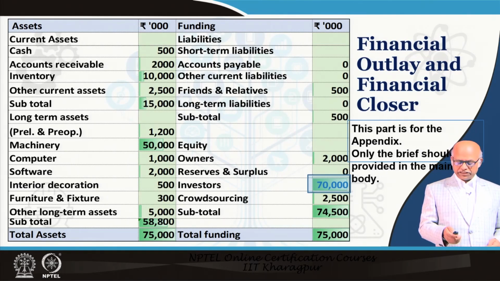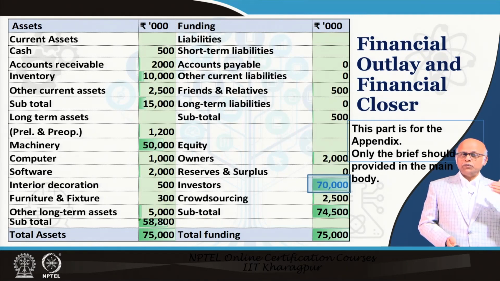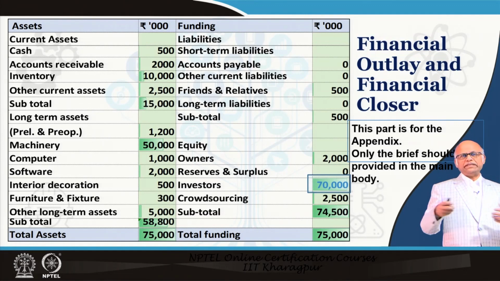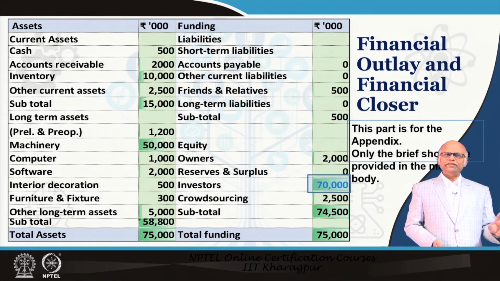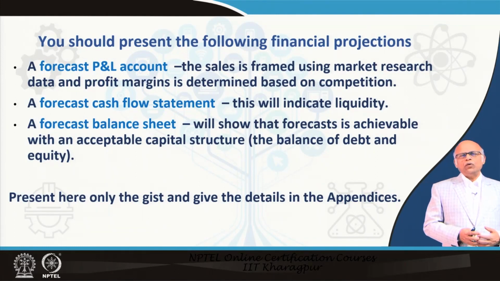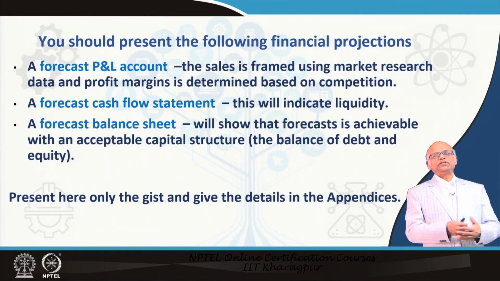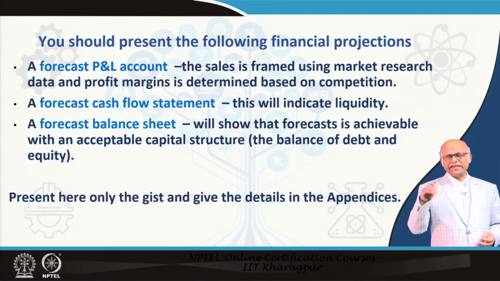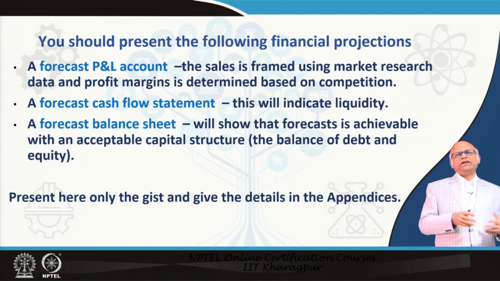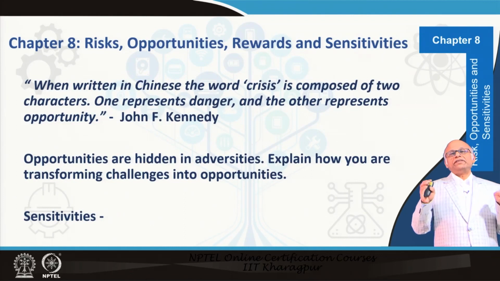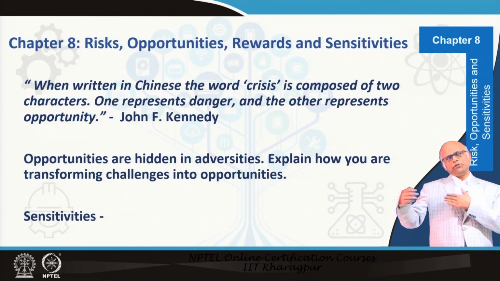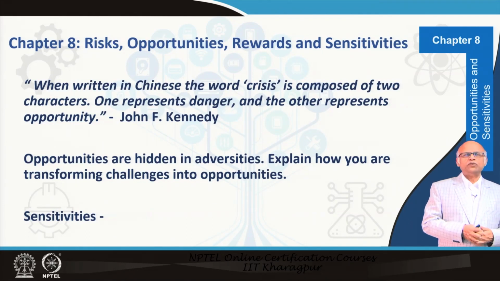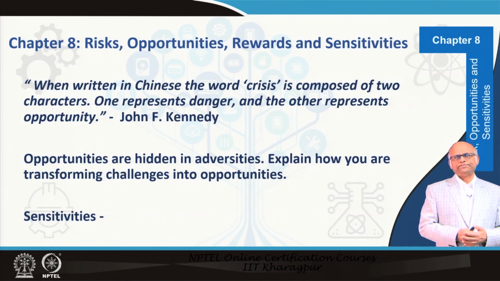We need to make a projection about our turnover, profit and cash flow that is going to happen moving forward, and then eventually we are not going to run out of cash. We want to tell our audience that we are okay. So you want to show your audience the forecast profit and loss account, cash flow statement and balance sheet. These three are highly essential. Particularly at the end, if you show the cash flow, people will be confident that you have a positive cash flow moving forward. You are not going to run out of cash in the foreseeable future.